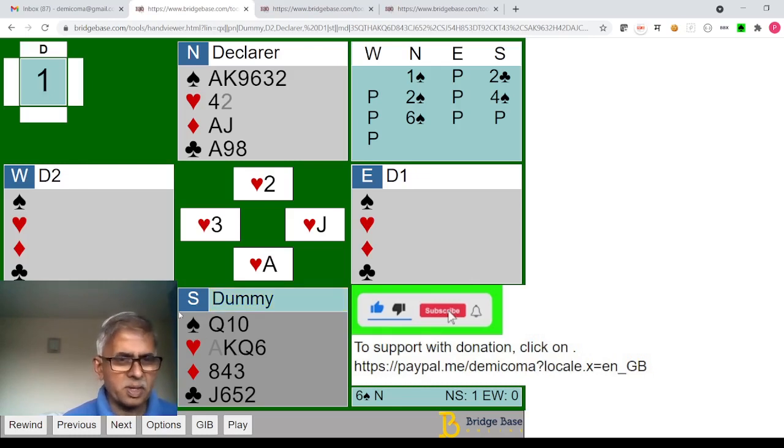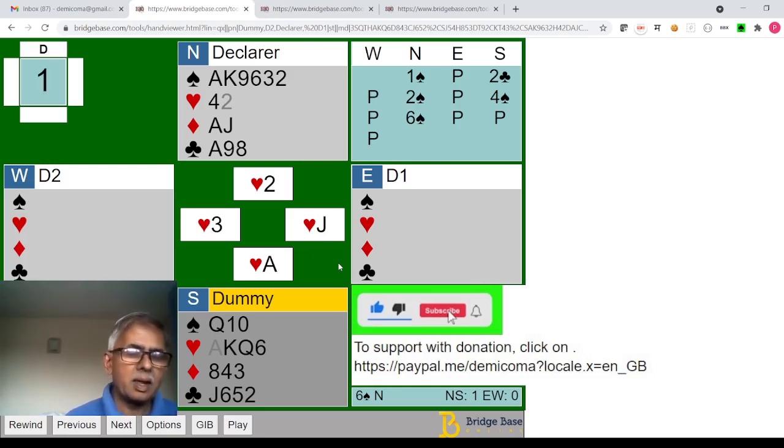Now when you think of this hand on a single dummy basis in a live situation, naturally you would think that if East held diamond king queen, he would have led king of diamond against a slam rather than the jack of hearts. So your first instinct is to think that East wouldn't have both king and queen of diamonds.